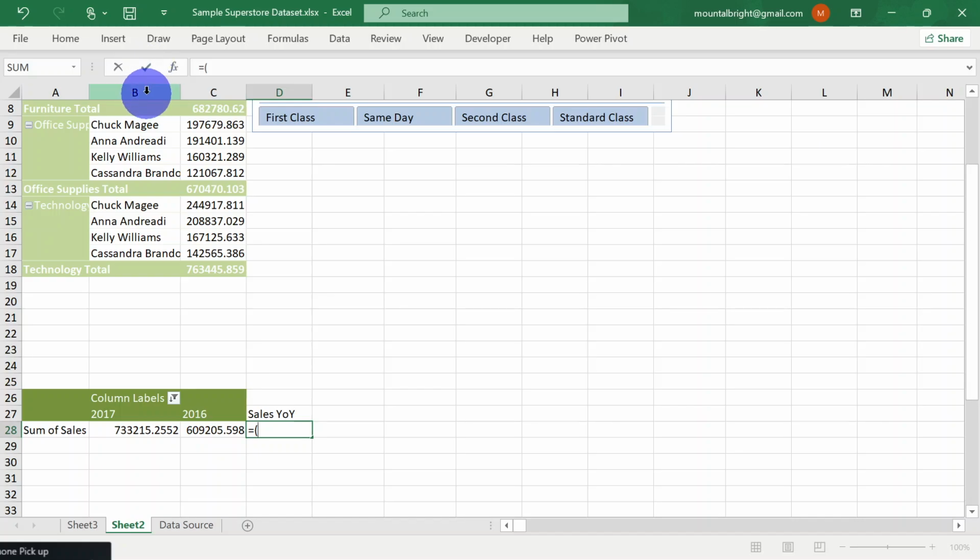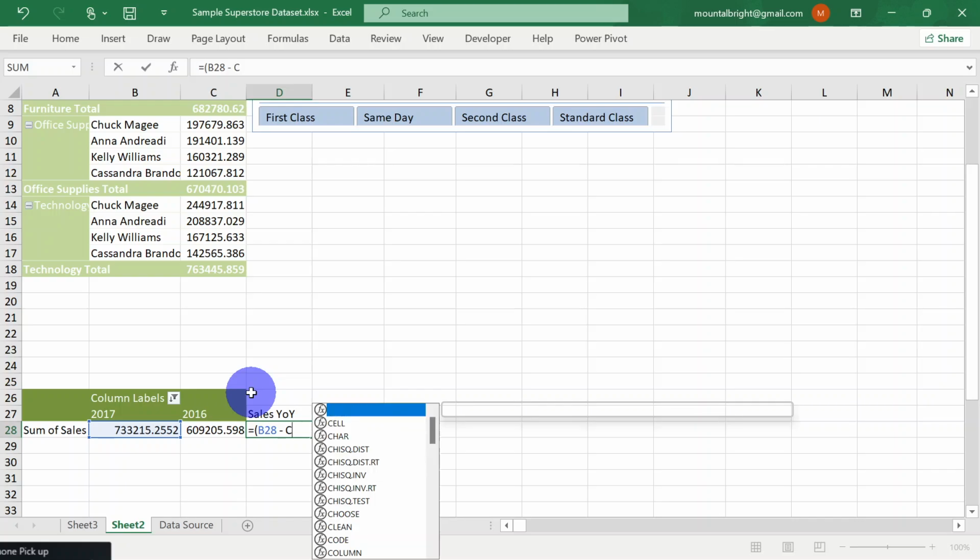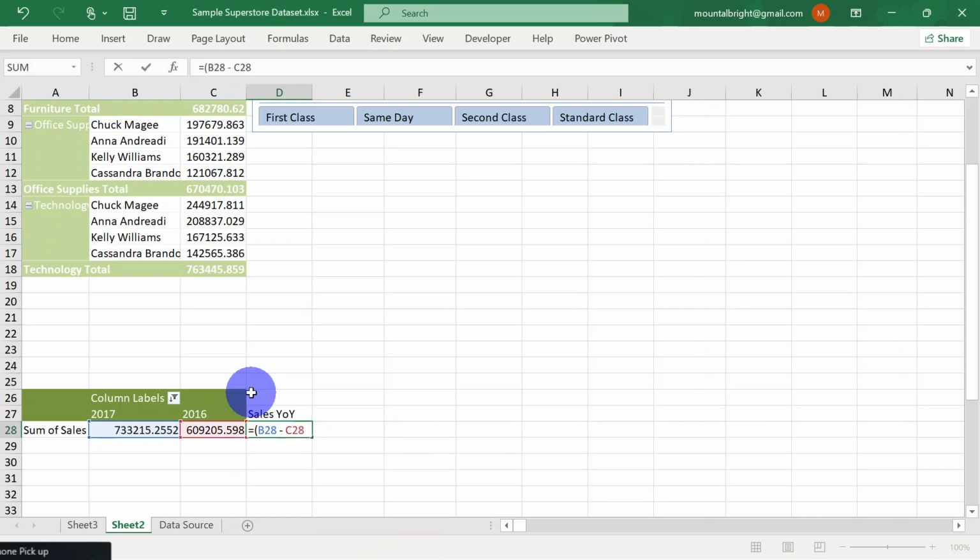The cell containing the value for sales this year is cell B28. Then minus sales last year, which is now the one for 2016, which is C28. Then I will close the bracket, then divided by sales last year, which is C28, right? So this gives me the year over year growth,